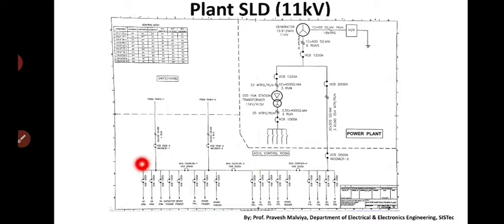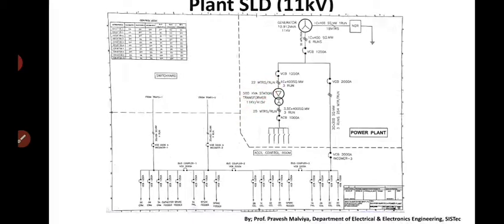This 11 kV bus was not only charged with the help of this substation, it was also charged with the help of this isolated plant. There was a 10.912 MVA Wärtsilä made power plant that was also charging, meaning it was also feeding electrical energy to this bus, and this bus was further distributing electrical energy to its further sections. We will go to the substation later on. First we will go a little deep into those sections.